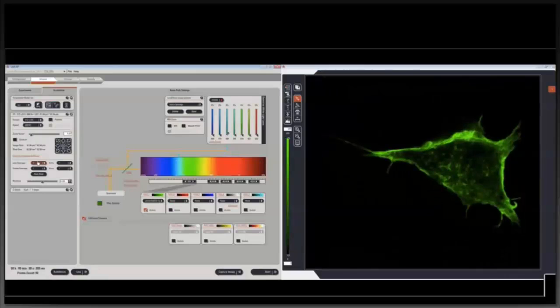When I talked about how to adapt the strength of your signal, there is another way to do it. We have the laser power, and we also have the gain on the detector. Another way is to look at the speed at which you're acquiring. At the moment we're going at 400 Hertz, and what this equates to is the amount of time that is spent on each pixel by the laser. If we really slow this down,